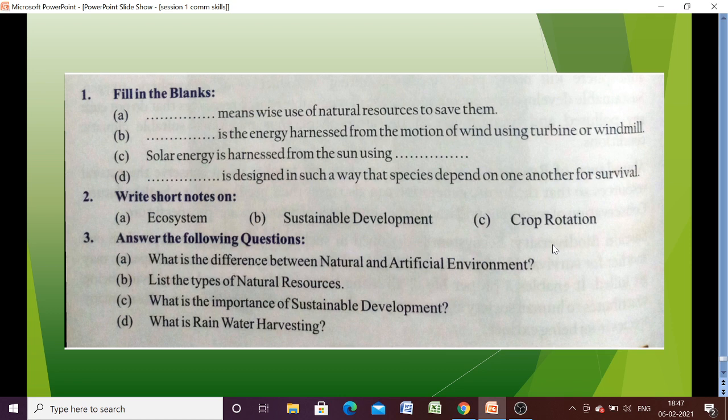Rainwater harvesting we have already learned in lower classes also. So it is a technique of collection and storage of rainwater into natural tanks. And rooftop harvesting is a kind of rainwater harvesting so that the rainwater does not get wasted and drinking water is saved. So these were all about the important questions from this particular chapter, that is green skills.